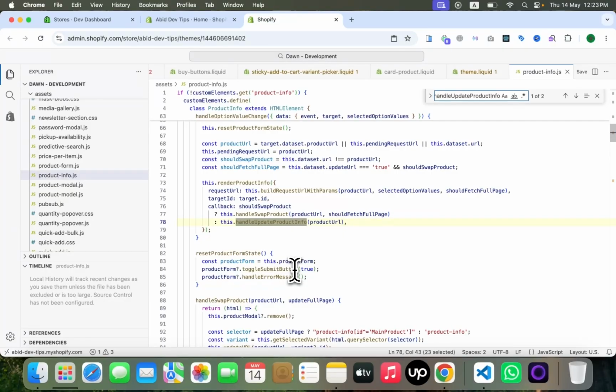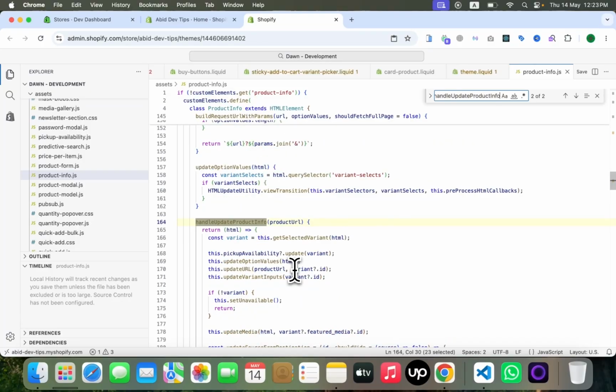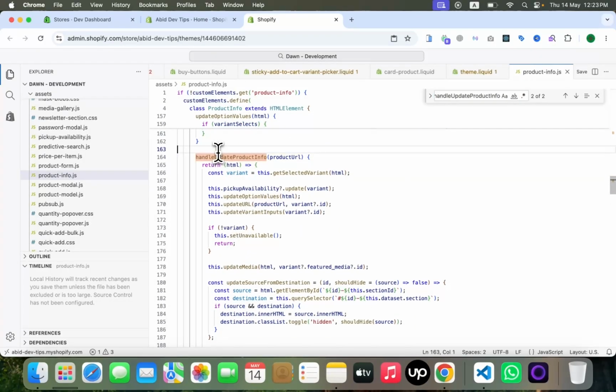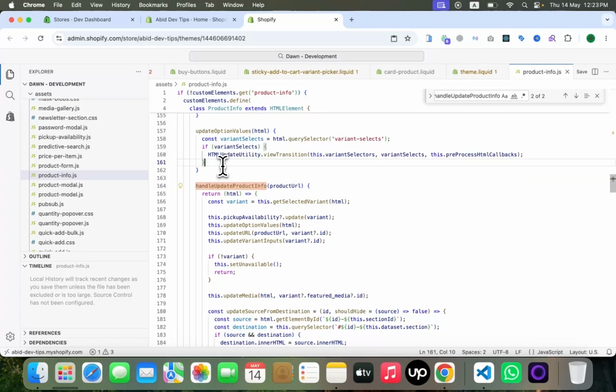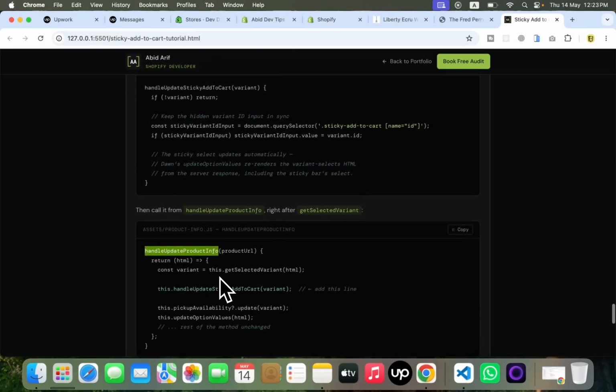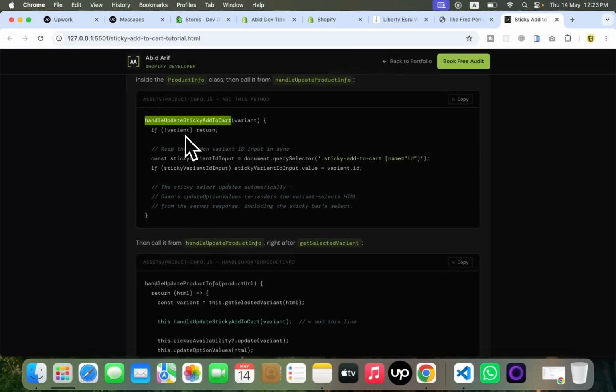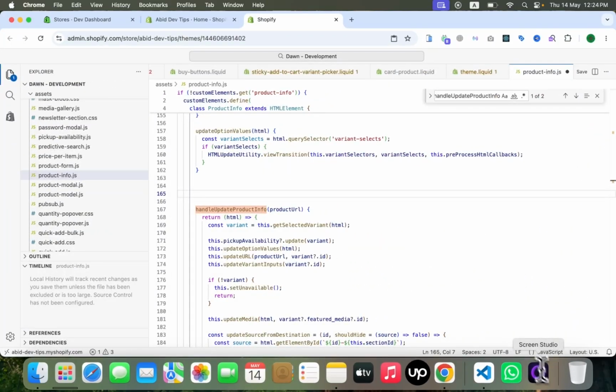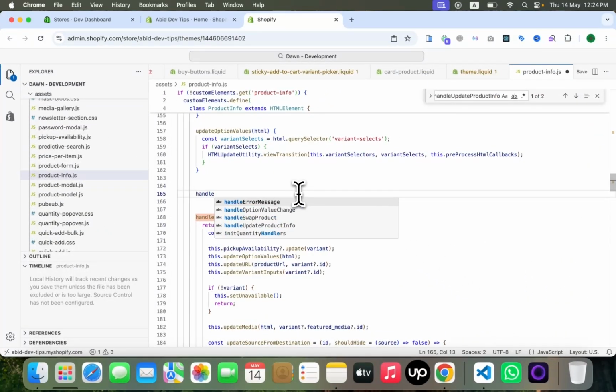Search handle update product info, press enter. This is the function. Create a custom function handle update sticky add to cart and call it here, handle update sticky add to cart, pass variant.